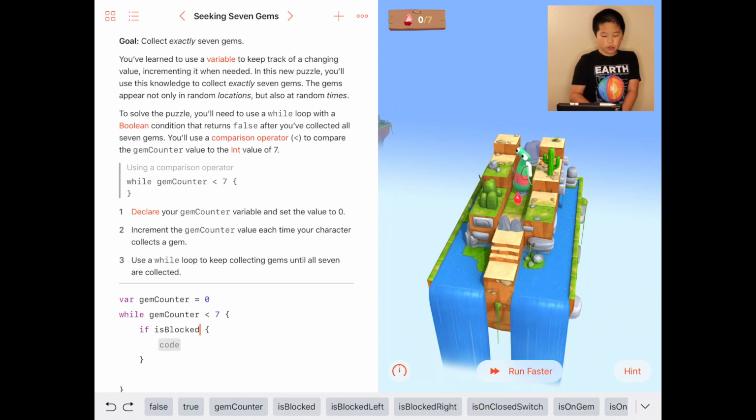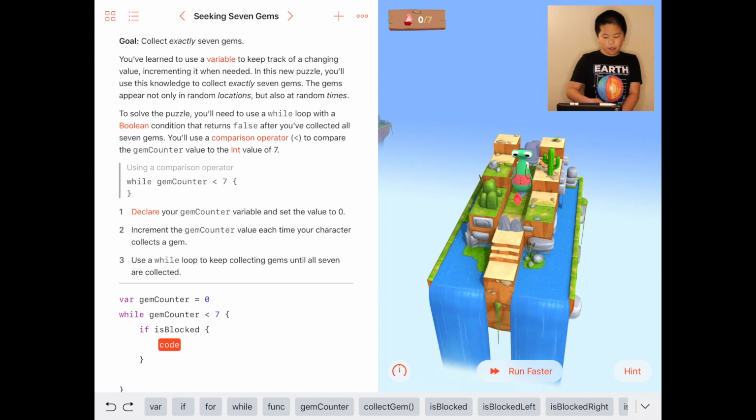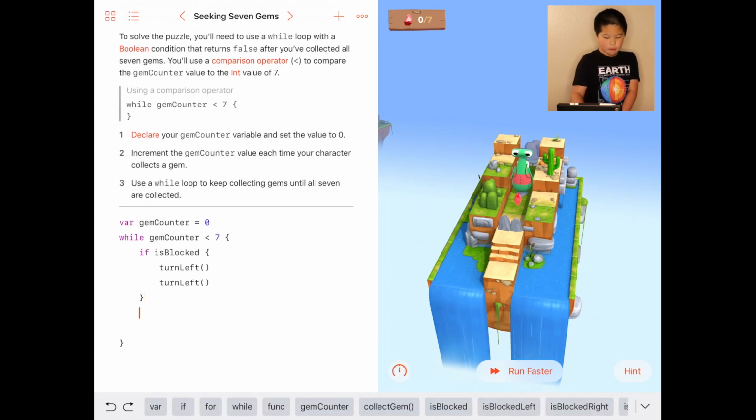some other code. So we're gonna do if is blocked, since you're just in a little thing where you go back and forth. If is blocked, turn left, or turn right. Then you could do